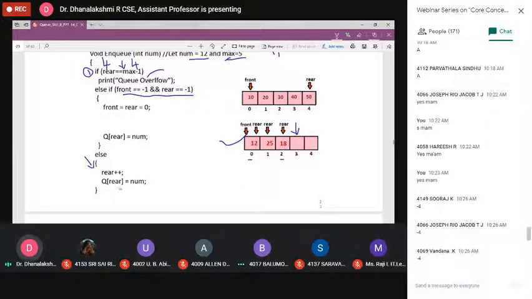What is the rear value? 3. So Q of 3, the third index. In Q of 3 index, we have to pass the element. What is the element? I told you, 20. Got it? Just increment the rear by 1, then you can put that element in the corresponding rear position. Now our rear is pointing here.